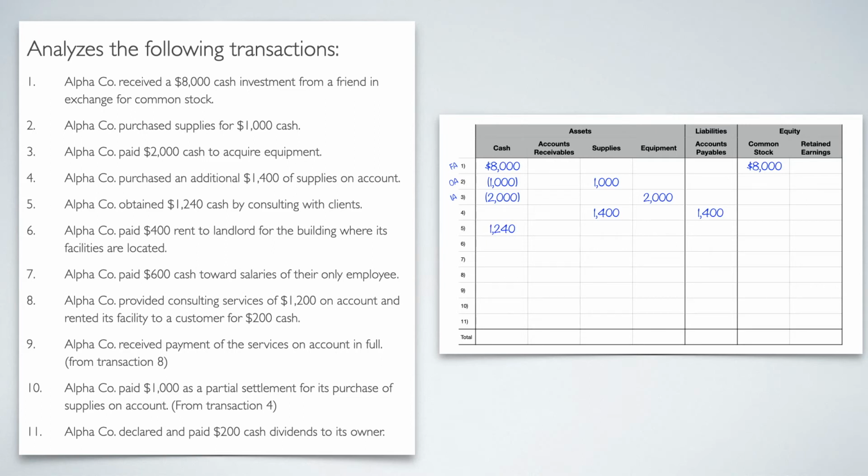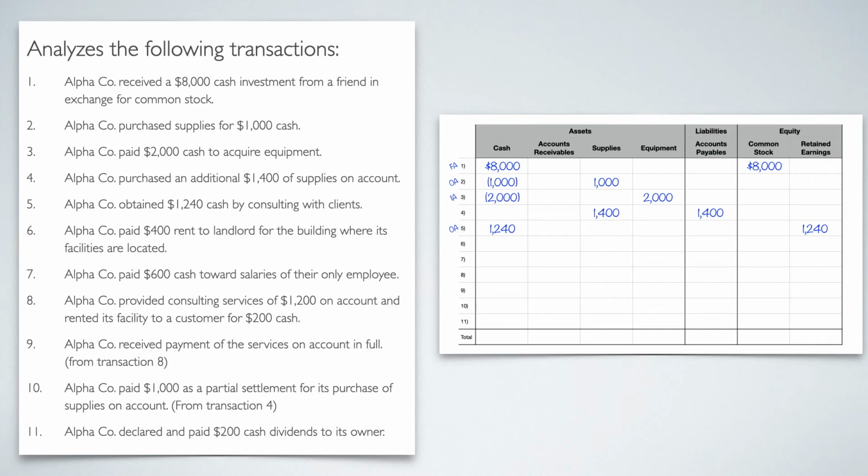And what else is happening? Well, this is money that I've earned. And so this is going to affect our retained earnings. This is going to make our retained earnings go up. So under retained earnings, I'm going to put $1,240. I'm also going to go ahead and give myself that note. This is day-to-day operations, so I'm going to put OA. And one other thing on this one, I'm going to put something out to the right side because yes, it does make my retained earnings go up, but really what is this?